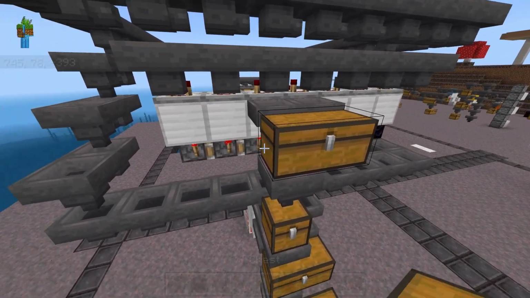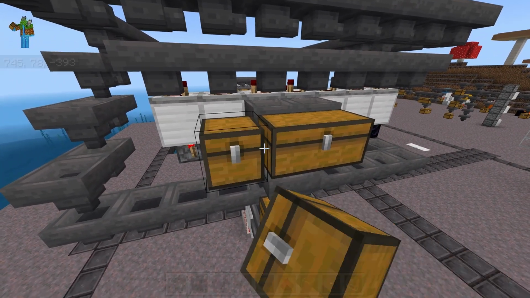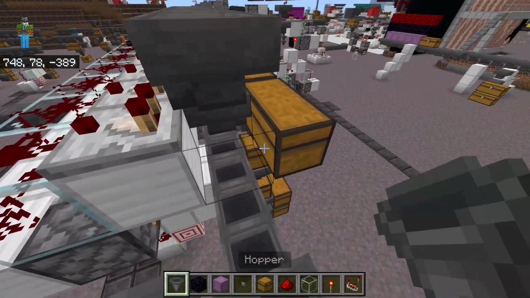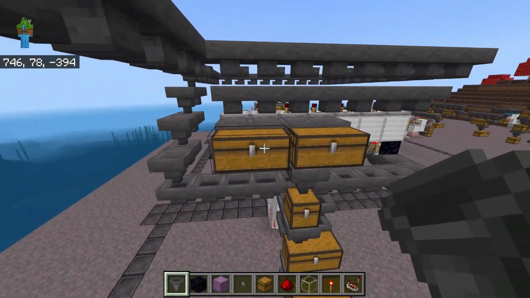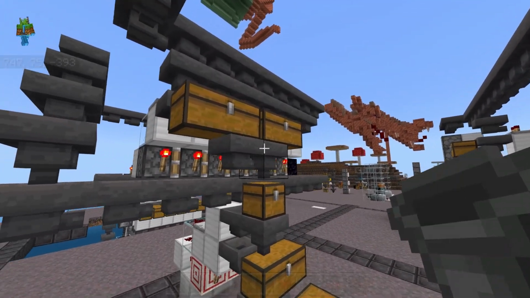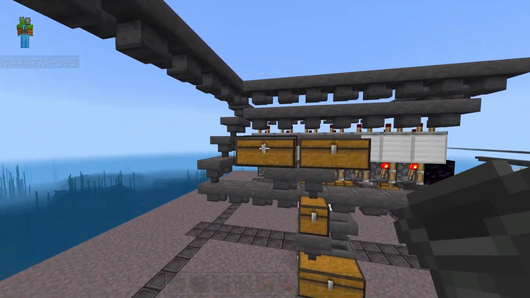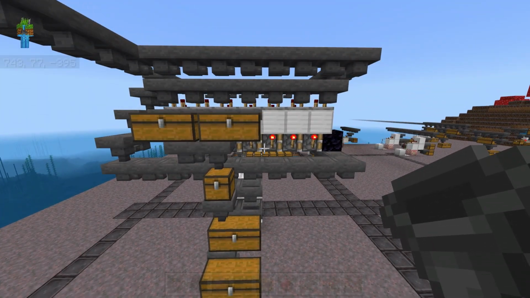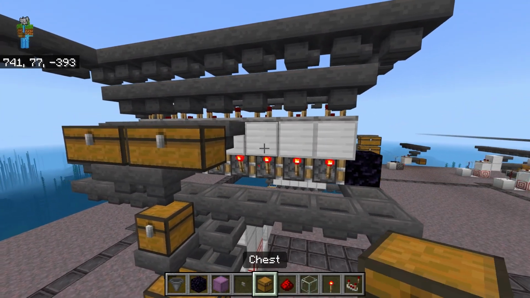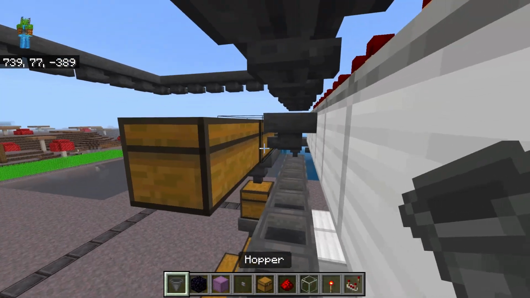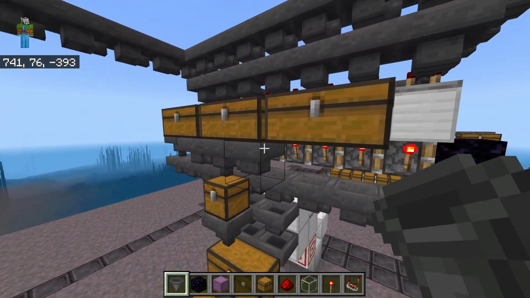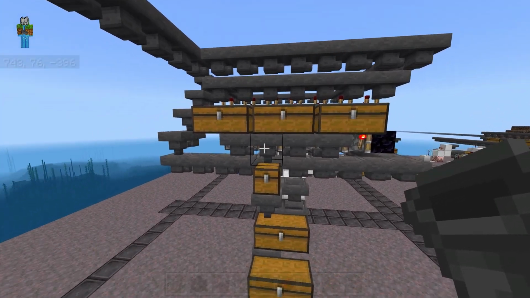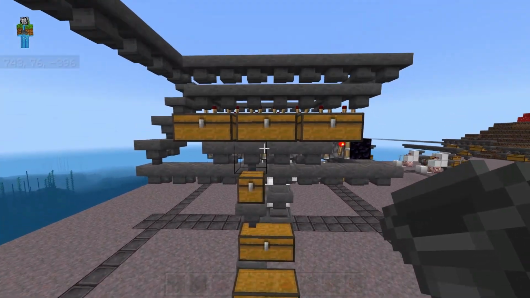And then when it comes to merging cells, I recommend trying to merge as much of the top together as you can. What I mean by that is if you have an item that you want to have 8 different sorters going into a single chest, try to make 7 of them come from the top and funnel them down into a single one from the bottom. This will help conserve hoppers and help conserve space at the bottom when it comes to laying out your chest room. So here, we have 6 different item sorters at the top being merged down with the 2 item sorters at the bottom.